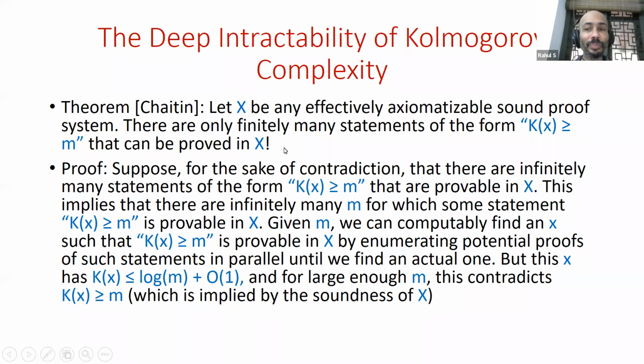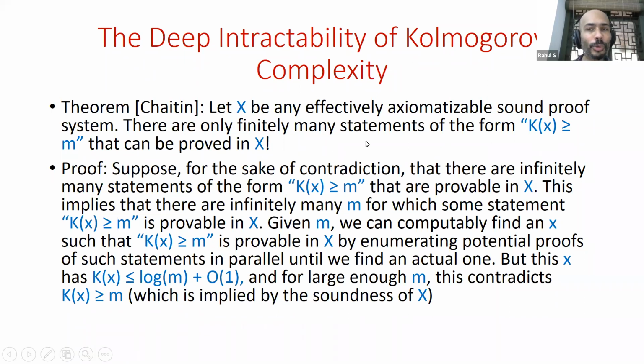right? Which is a very strong thing to say, because basic property number 2 of Kolmogorov complexity is that for every n, there's a string x that has Kolmogorov complexity at least n. And in fact, half of n-bit strings have Kolmogorov complexity at least n minus 1, and at least 3/4 have complexity at least n minus 2, and so on. So there are infinitely many statements of the form "Kolmogorov complexity is at least some number" that are true and can be seen to be true in a simple way.